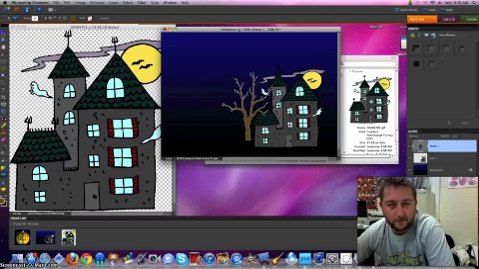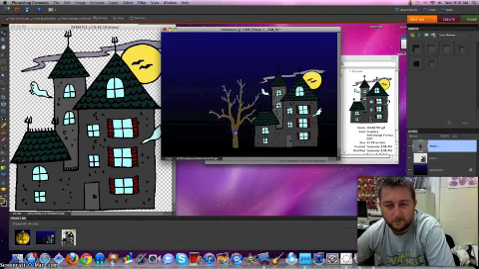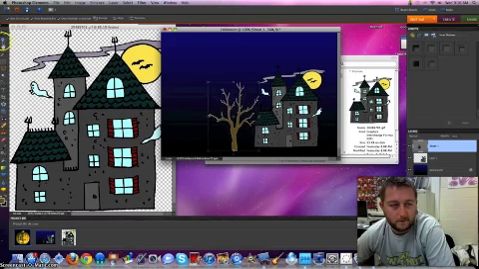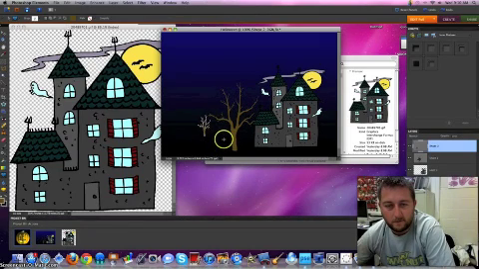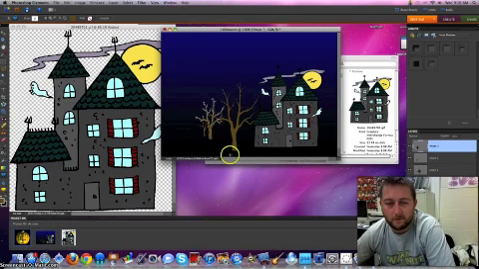You can draw that. If you don't like where it went, use the Move tool to put it where you want it. You can delete it and start over. I'm going to put another one here, kind of farther back in the distance. And another one. Okay, so now we have three